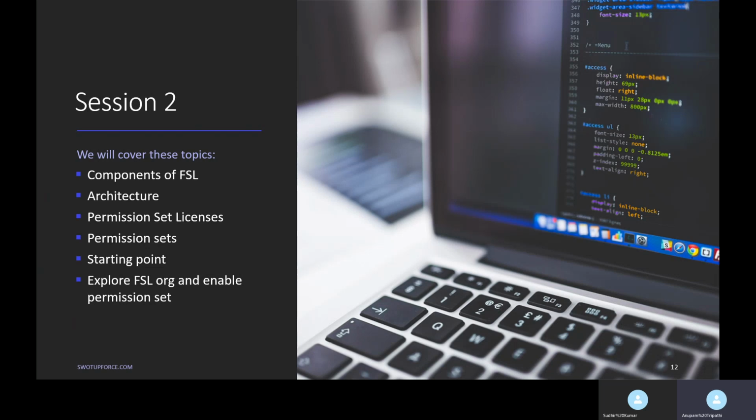What is the starting point from where you can start learning field service? What are the prerequisites that need to be done? And we'll create an org. We'll know how to create an org, we'll also enable some permission sets, and we'll explore the field service application briefly today.